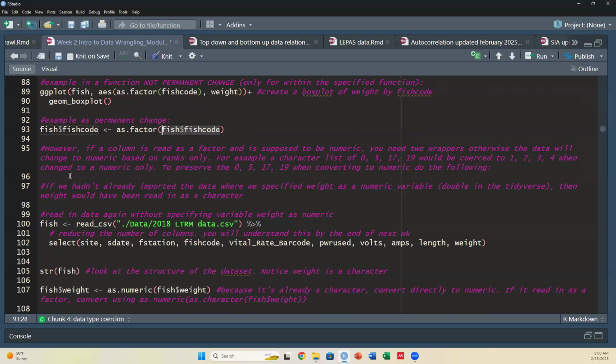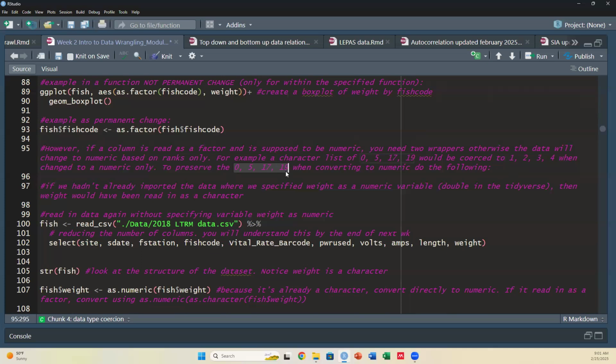Otherwise, the data are going to change to numeric based on ranks. For example, a character list of 0, 5, 17, 19 would be coerced to 1, 2, 3, 4 because it's ranking the data if it was changed to numeric from being a factor. To preserve the 0, 5, 17, 19, which are the data we want,